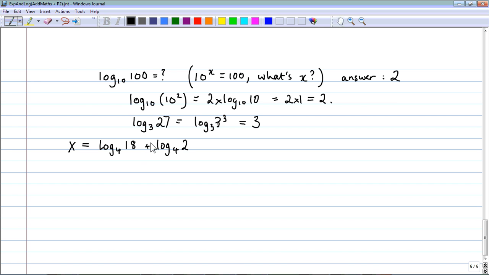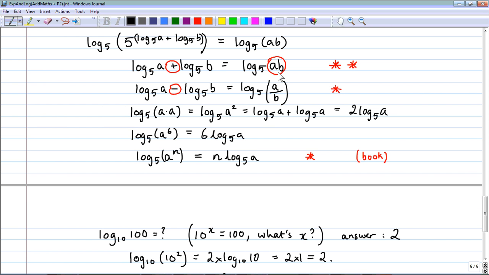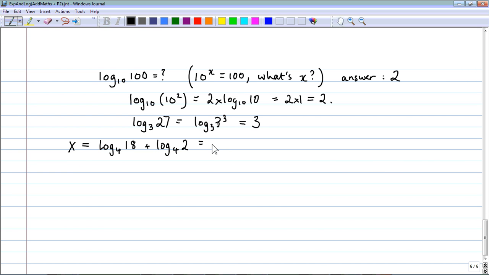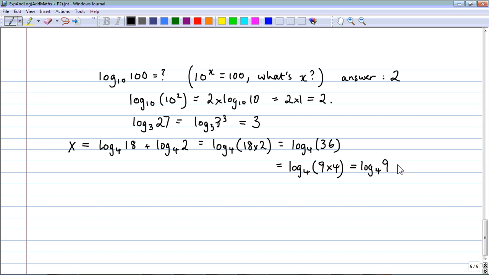Well, because we have the sum of two logarithms, we can use this principle to change it into a single logarithm, which is log base 4 of 18 times 2, or log base 4 of 36. And if we wanted to, we could change it in another way, because we could recognize that log base 4 of 36 would be log base 4 of 9 times 4, which again, going backwards and using the identity in the other direction, I can split into two logarithms,